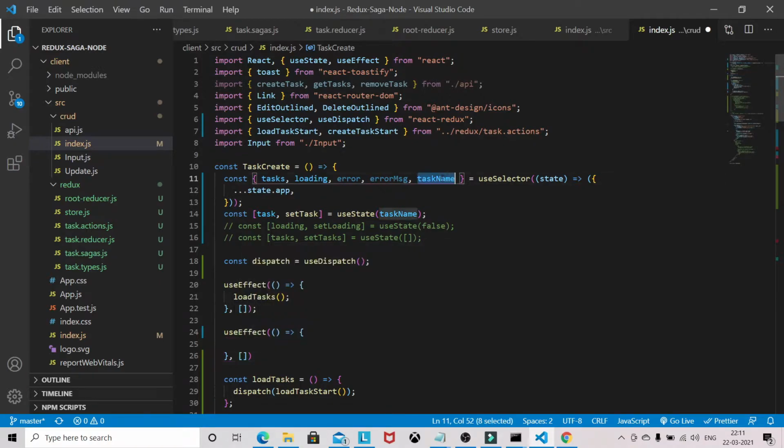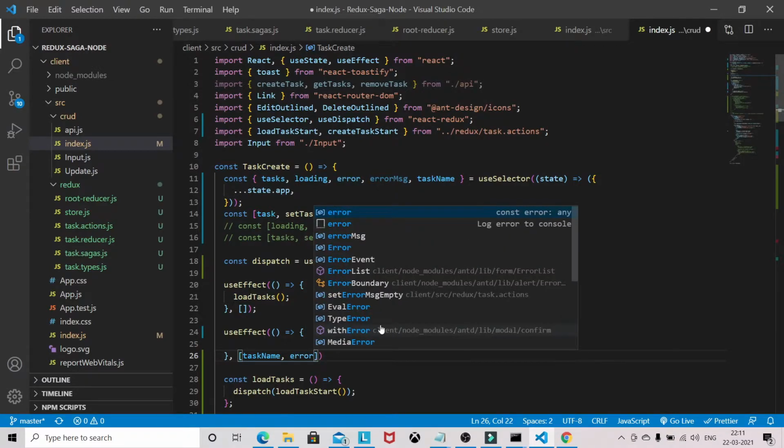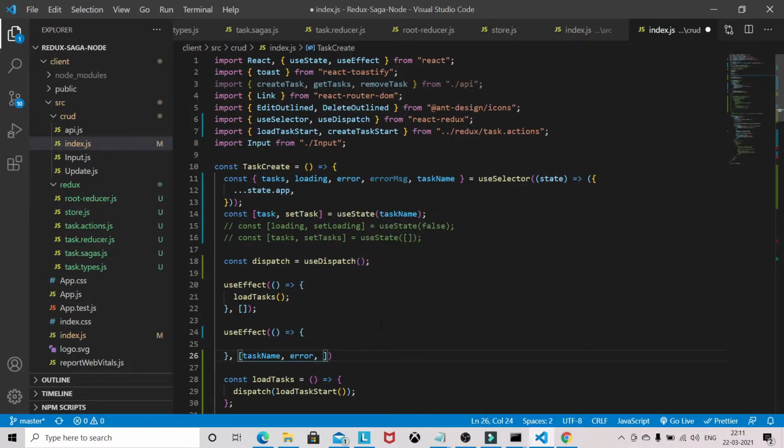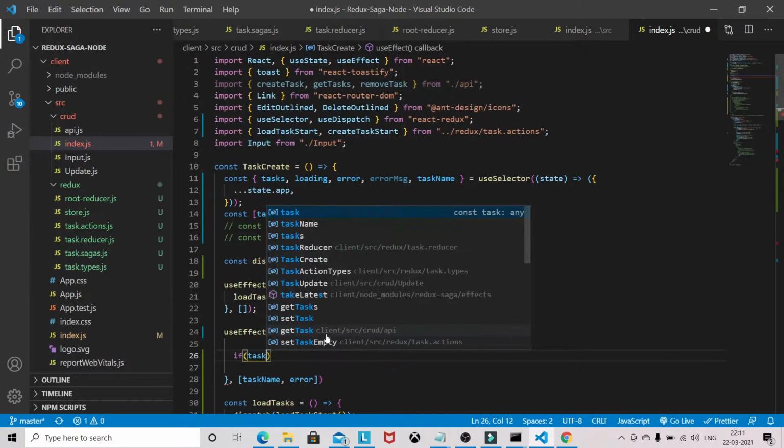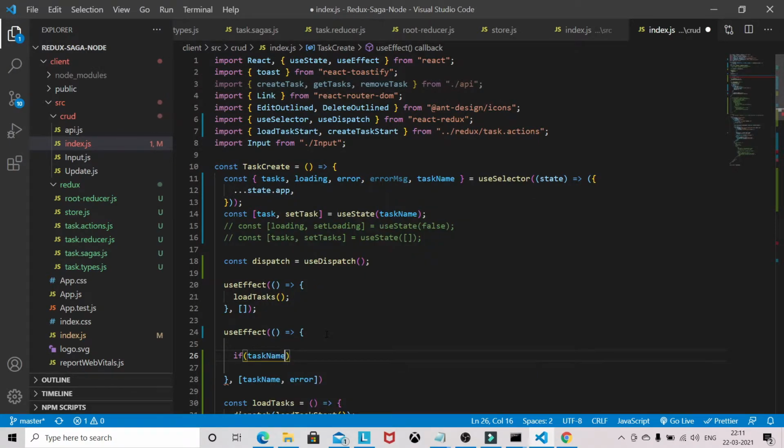So we need task name, pass the dependency here, task name. We need to pass a couple more dependencies, error or no. Now if there is a task name,